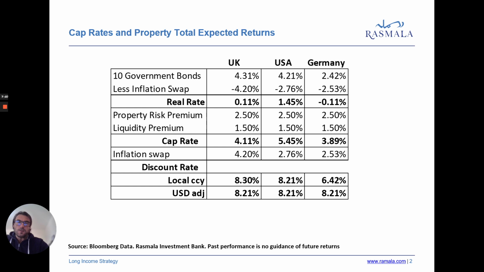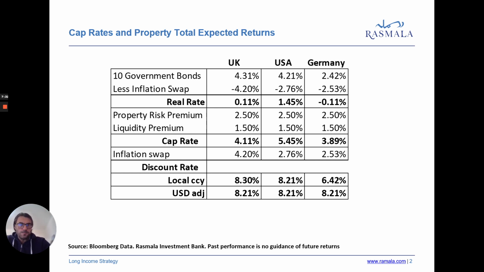So the conclusion that I reach when I look at this chart is that yes, it is possible, and probably it will happen, that the property value will decline over the next few months.